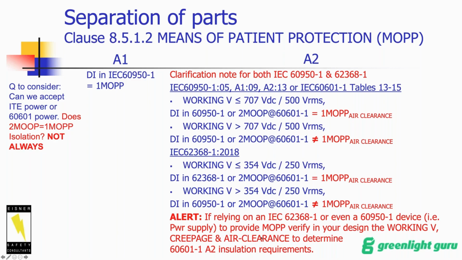And the other thing is, this one means of protection: if you're going to rely on these power supplies, the 60950 or 62368, and you're not guaranteed this one means of protection inside the power supply, you need to design two means of protection elsewhere in your device. If you don't have that,